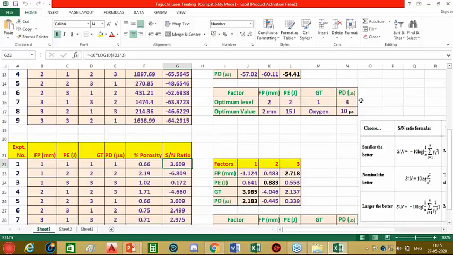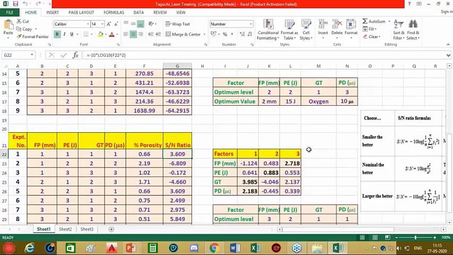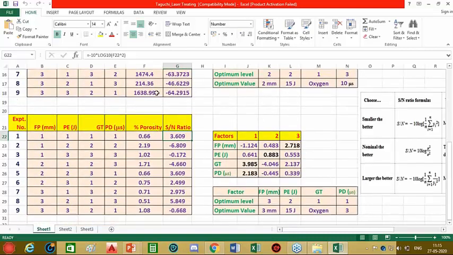Now, since the level combinations are different but both these responses are important for us, the issue is how to get a unique combination which produces the best process performance with respect to all objectives. Here we consider only two objectives, crack length and porosity, but there might be many more, for example heat affected zone, surface roughness, etc. for the same problem. How do we get a unique level combination which will produce the best process performance with respect to all objectives simultaneously? This is the issue, and thus it becomes a multi-criteria decision-making problem.